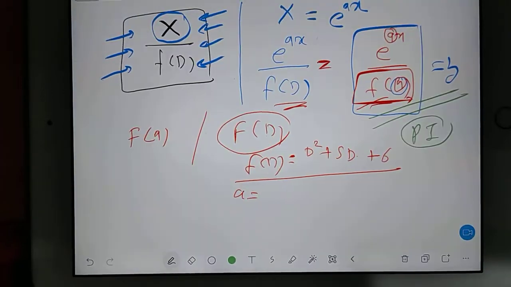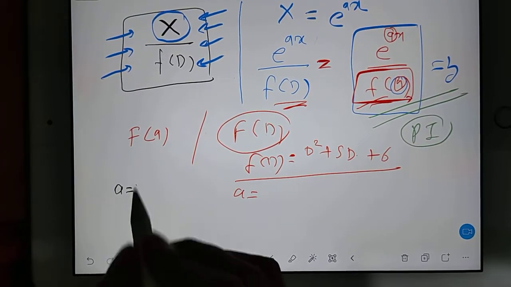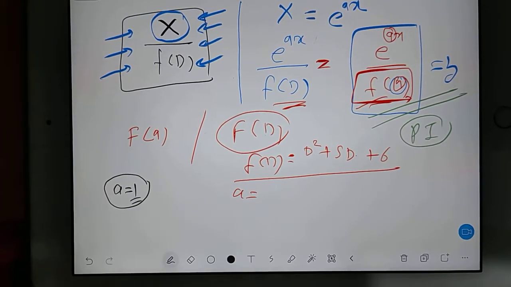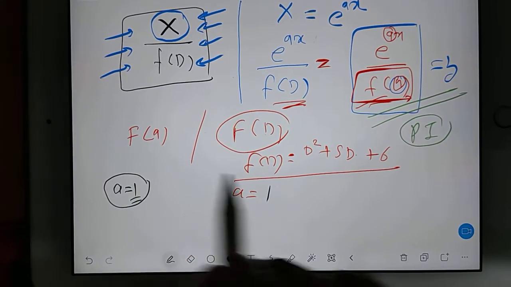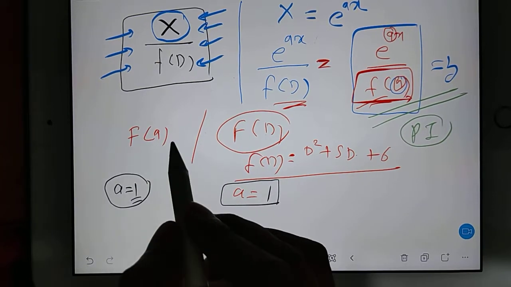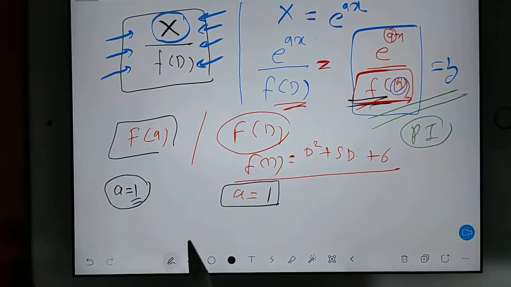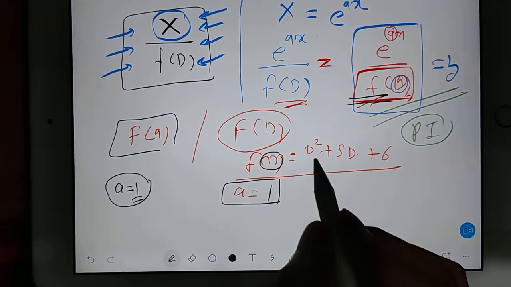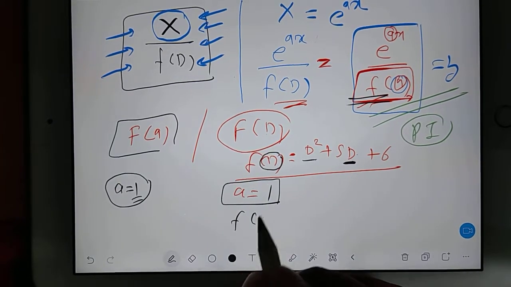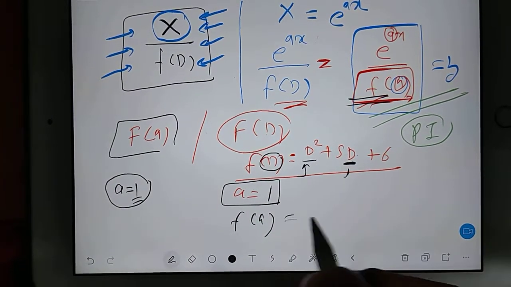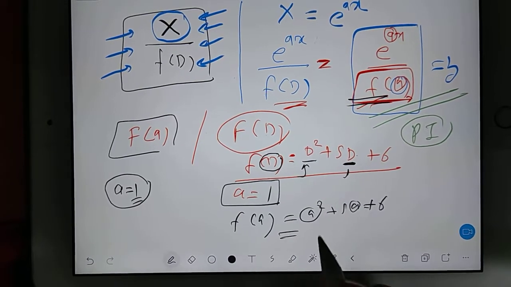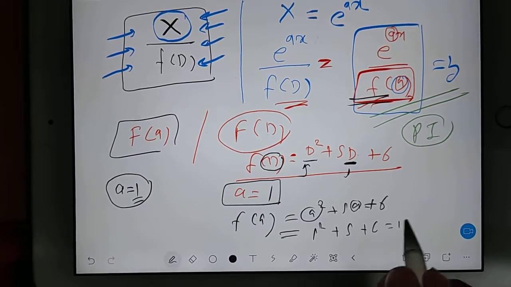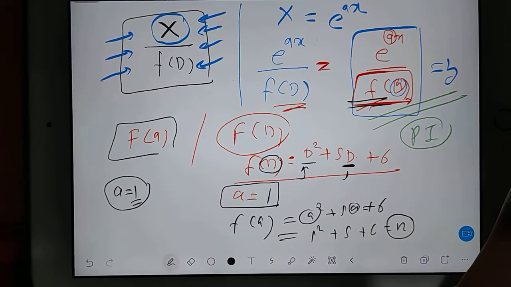So if you are clear that your A is equal to 1, then this 1 itself you have to substitute. You don't have to bother about this; you have to bother about FA, because in the answer you have FA. If there is D, then there is D and D. If there is A, then there must be A and A. It means A square plus 5A plus 6. But your A is 1, na? So 1 square plus 5 plus 6 is equal to 12. So Pratik, is it clear now?